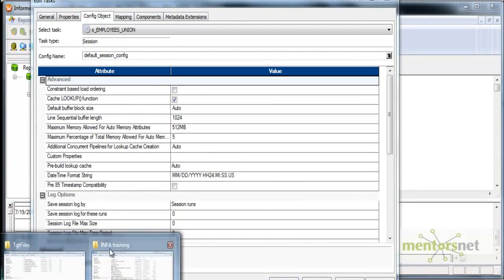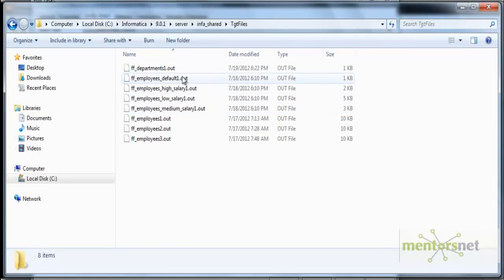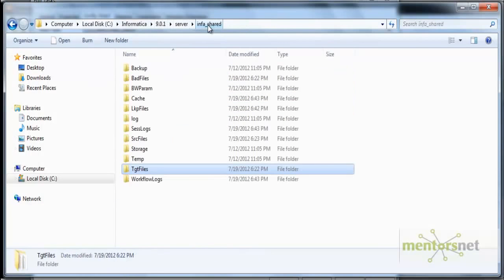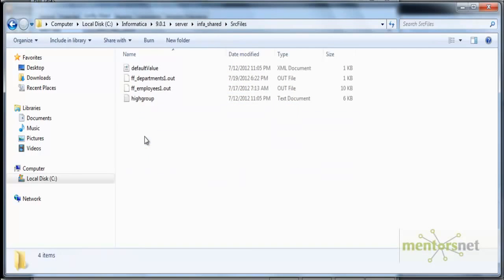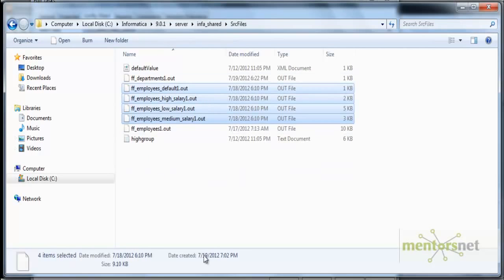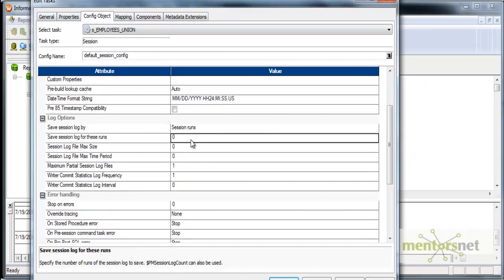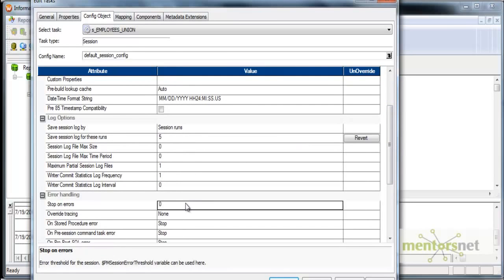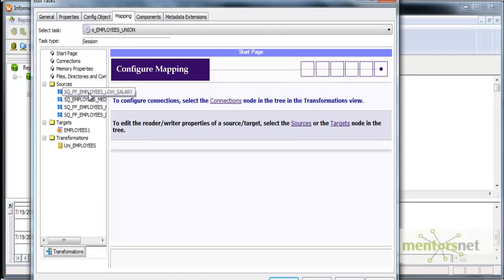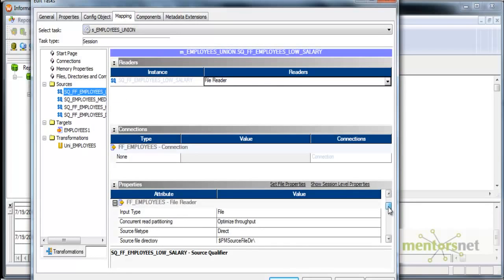So let me take all these four files from here and put them into the source files directory. The standard practice is to take the source files from the source files directory. Save session log for 5 runs and stop on errors 1, and this file I'm going to name it